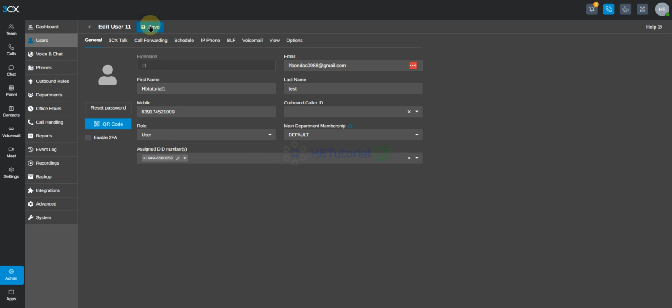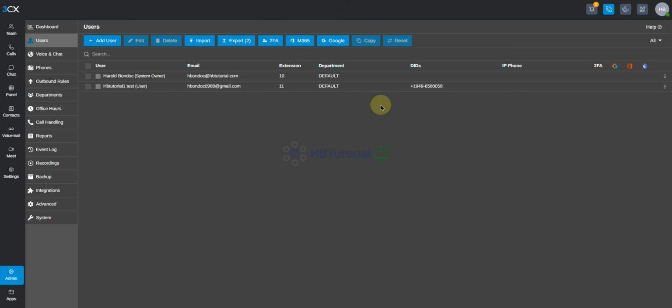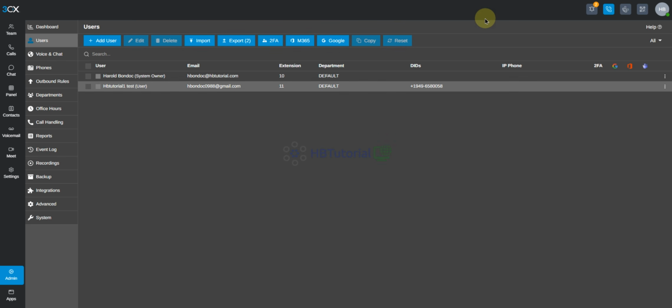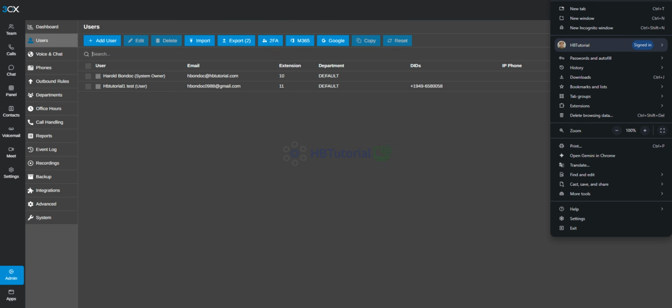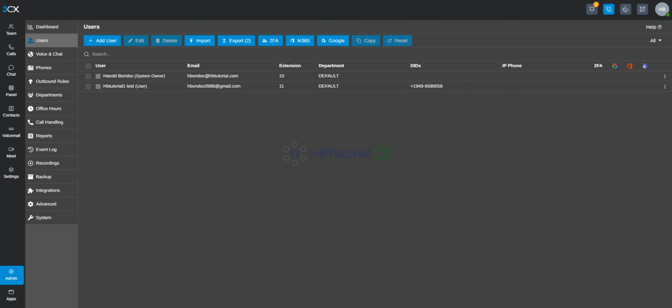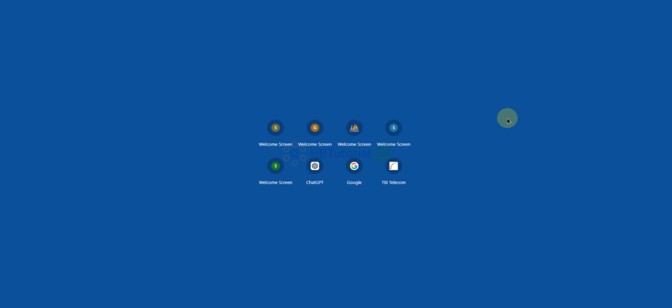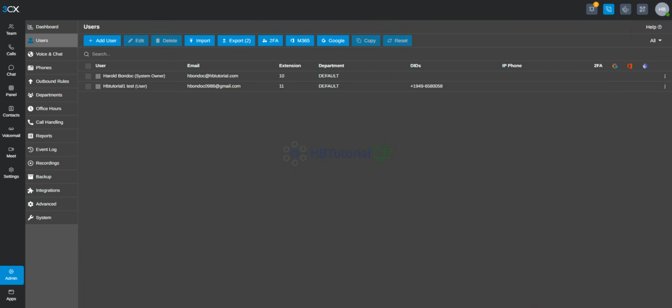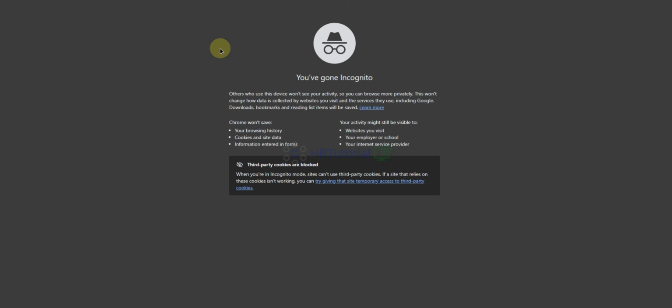You can assign the ID over here. So we can open another browser, then copy. We can use incognito mode.